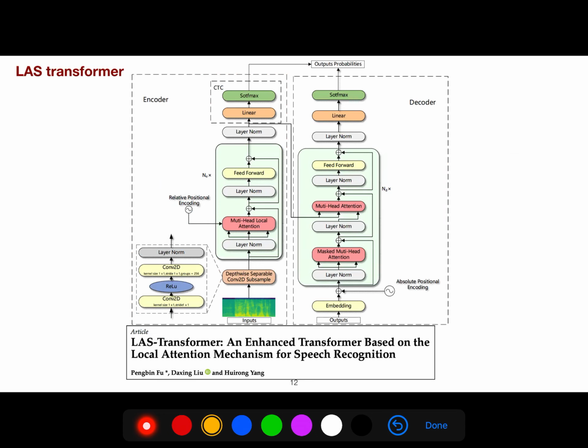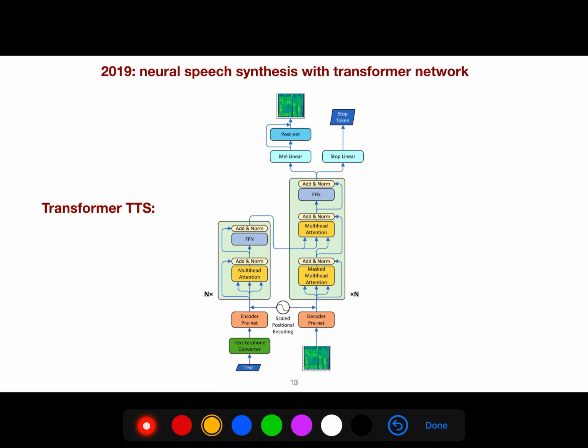And finally, the LAS transformer is just for speech recognition, but we should focus on this article from 2019. So we use a transformer. Why do we use a transformer? Because we usually do it for a sequence-to-sequence model, like text to Mel spectrogram. And then we predict which one has the highest probability, because it is still a sequence.